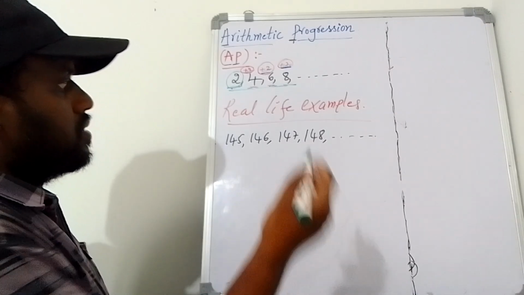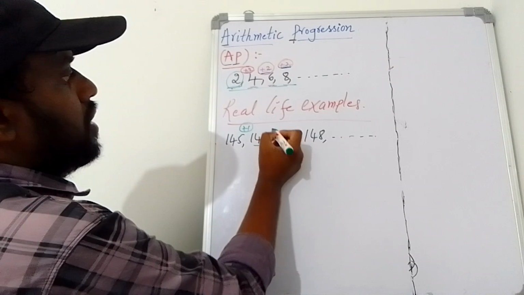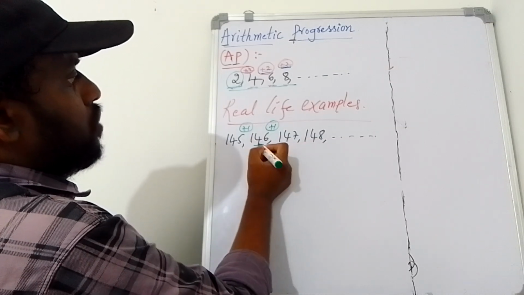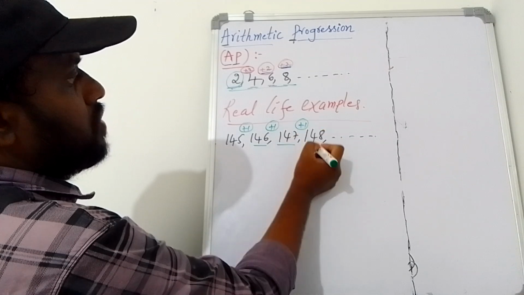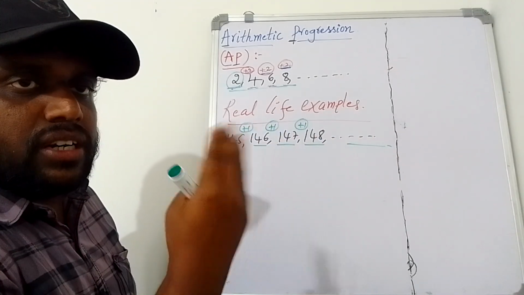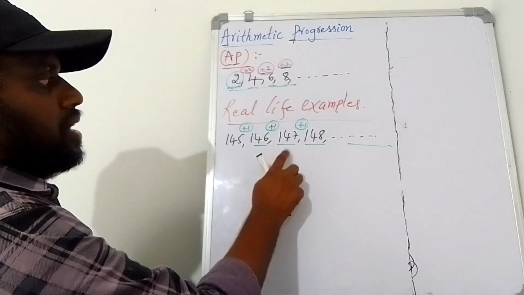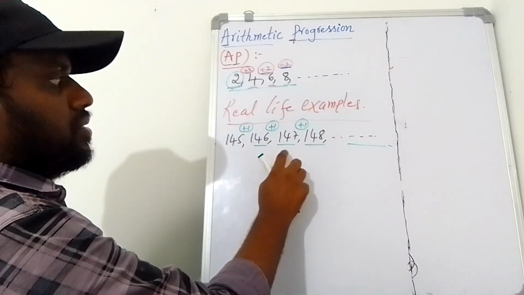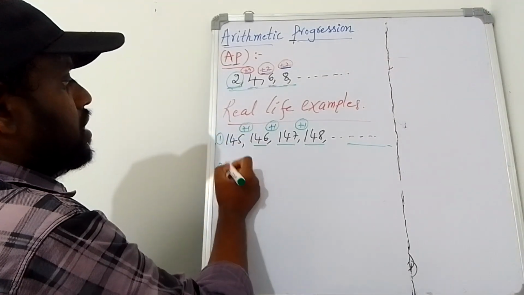See, if you add 1 to this 145, we get 146. Again, if you add 1 to 146, we get 147. Plus 1, 147 plus 1 is 148. So this is an AP, as we have seen in the definition of AP. Heights of students is a real life example. This is the first example. Second example,